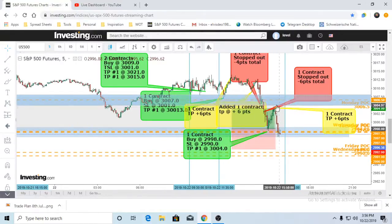This is why I bought the last buy. This was the initial buy, and the exit on the 07 and 09s. Got the exit on the 07, didn't get it on the 09. Added a 09 contract here, it failed, had the trailing stop working, so got stopped out for 4 and 6